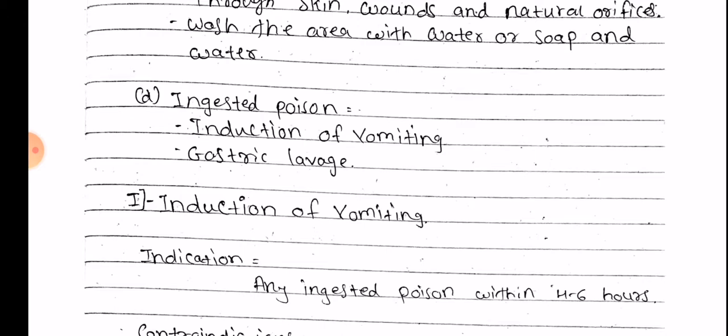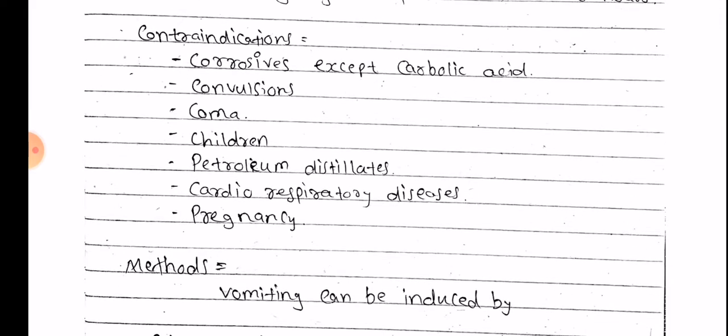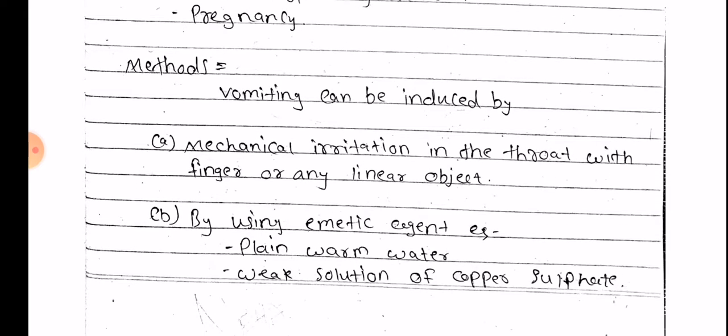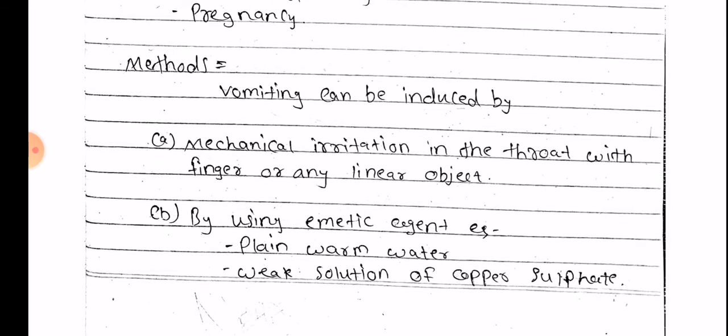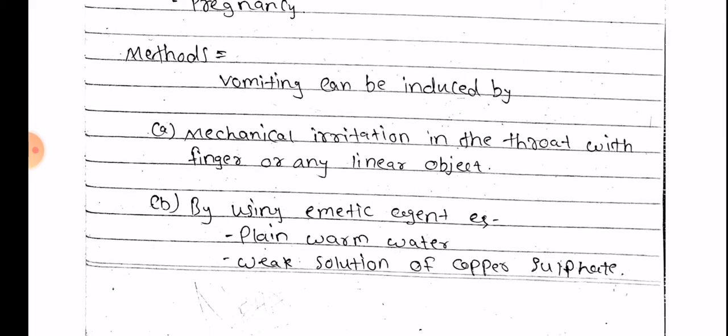Induction of vomiting. Indications: any ingested poison within 4 to 6 hours. Contraindications: corrosives except carbolic acid, convulsions, coma, children, petroleum distillates, cardiorespiratory diseases, pregnancy. Methods: vomiting can be induced by mechanical irritation in the throat with finger or any linear object, by using emetic